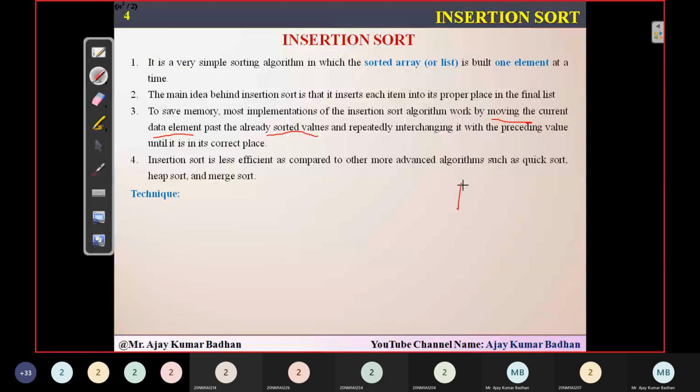Already sorted means, as we have seen in the array, we have selected one of the variables first. Now this variable will be checked. That is what it says by moving the current data. So this is the current data. We will be placing it into the already sorted order. We are assuming that this particular place is sorted, and with this we are comparing it. And if it is not, then we simply place this value here. In the next iteration, I am selecting this value and checking it. Here it is assuming that these two places are sorted now.